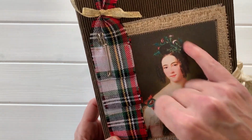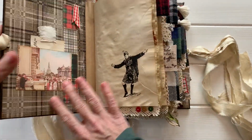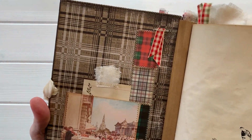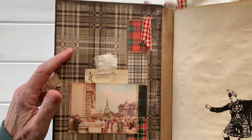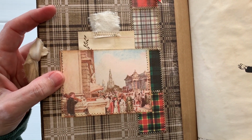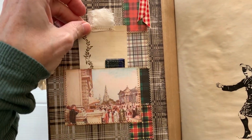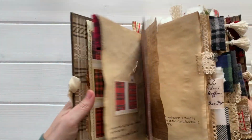I just love the flowers in her hair. They're just perfect for the project. So inside the cover of here, I've worked some tartan minis onto the back paper. And then that's downtown Edinburgh with their cathedral in the background. And then the back cover,